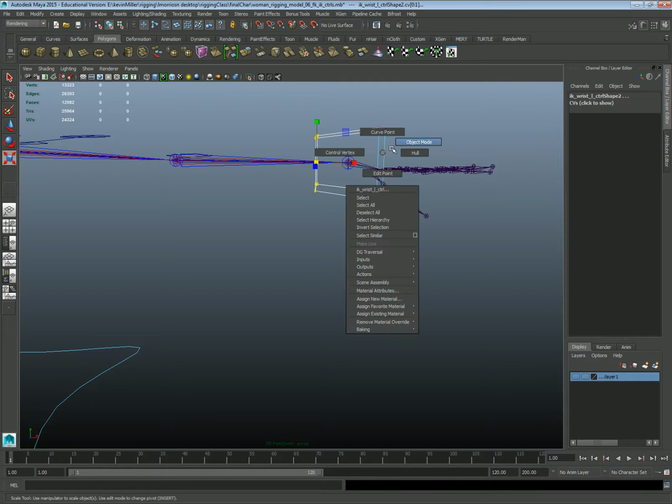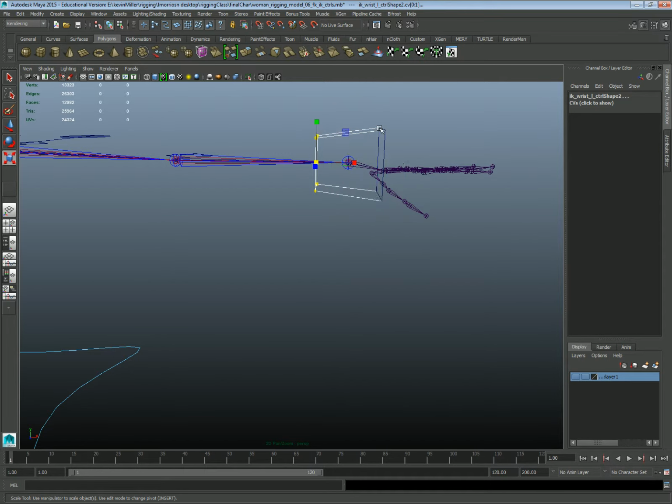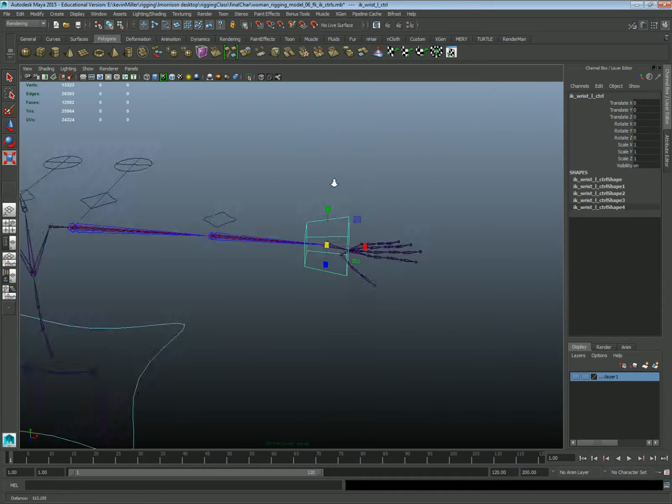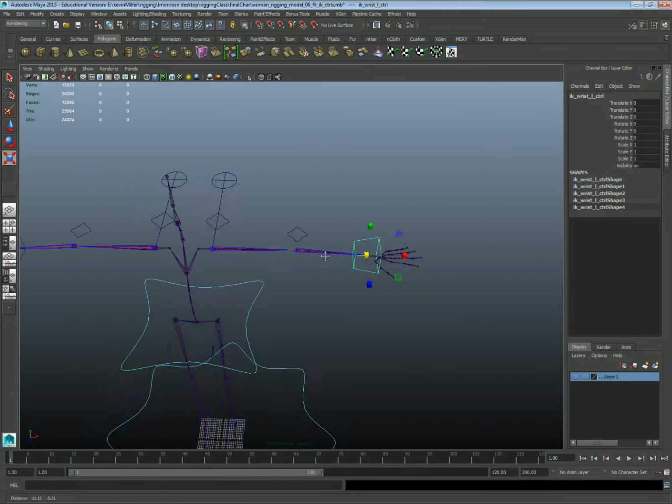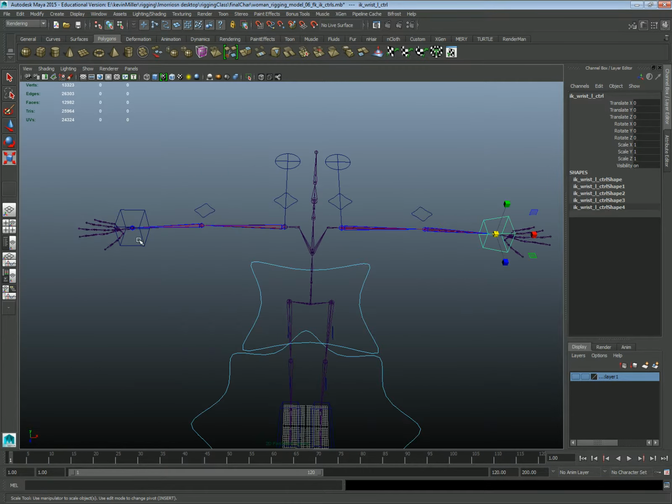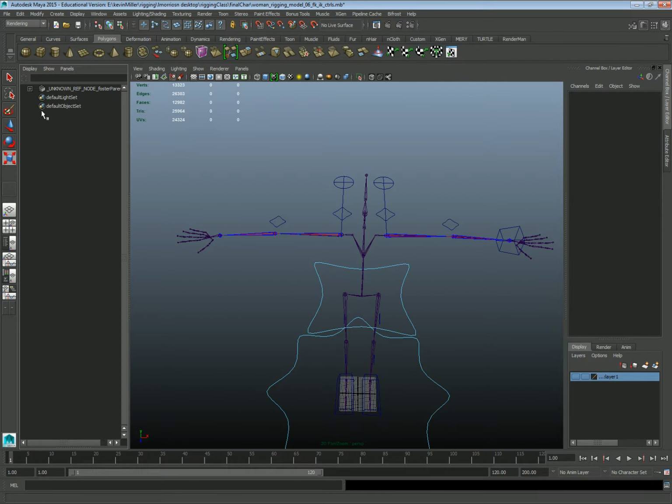And that's it for creating this object. But I want to move it into place after I'm done. So after I put this together, if I look at my outliner,